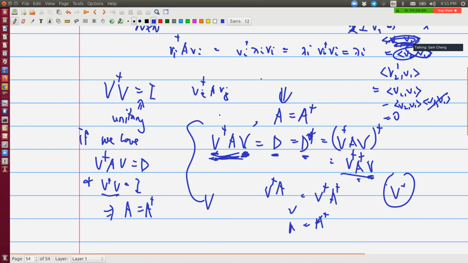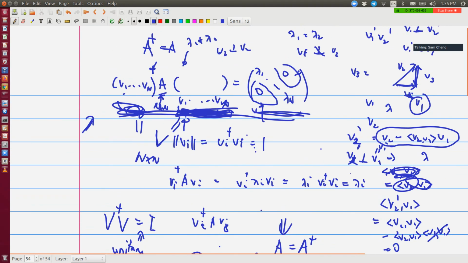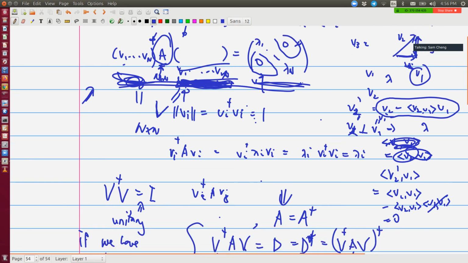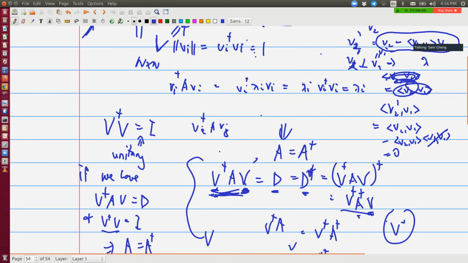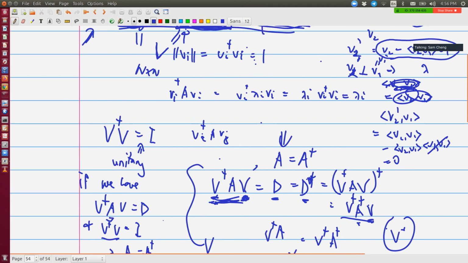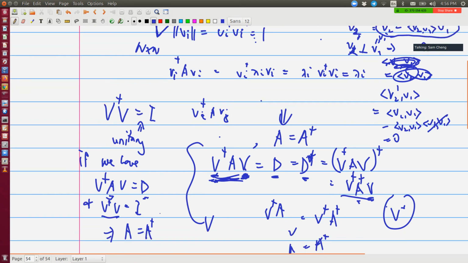That's basically saying this goes both ways. If A is Hermitian, then you're able to find some unitary matrix to diagonalize A into the set of eigenvalues. And the other way around, if you're able to diagonalize a matrix into a real diagonal matrix, then that matrix has to be Hermitian as well. So this is all I'd like to talk about Hermitian. I'm sorry, this is some background in math. Now we can actually go to